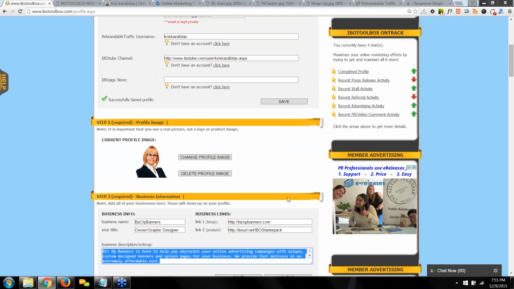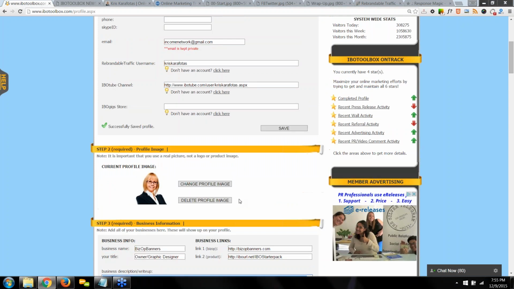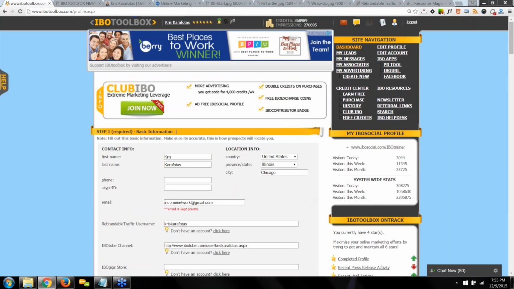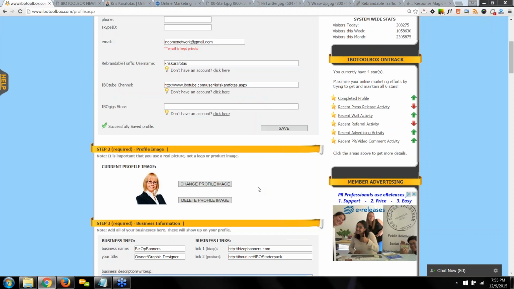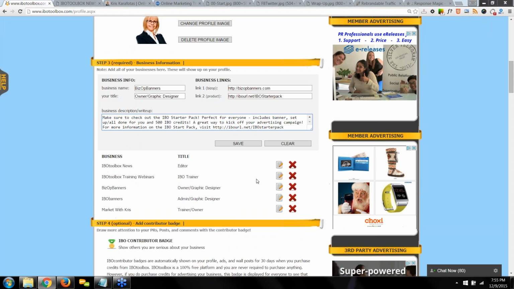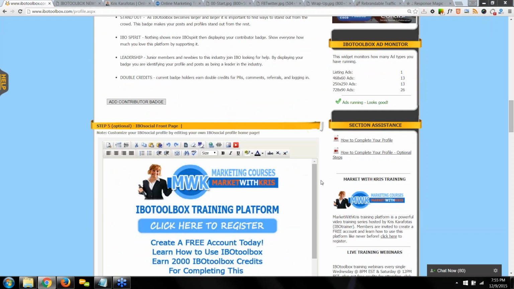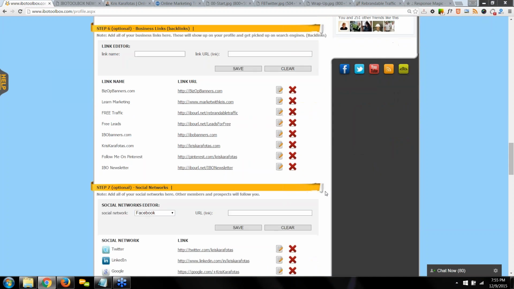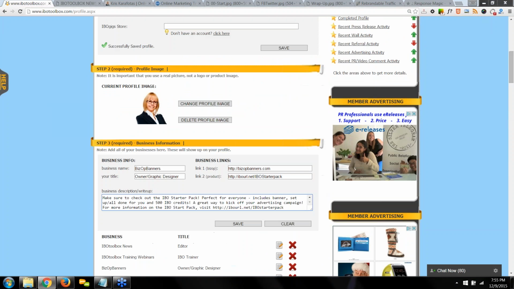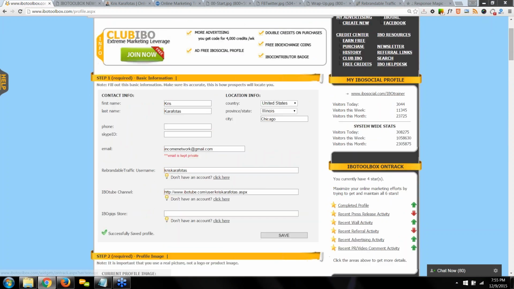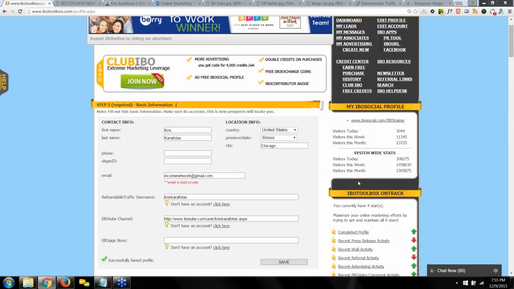Now what you want to do after you complete those basic steps is click on Dashboard. If you do that, then IBO knows that you've completed your profile and will automatically transfer over your 500 advertising credits. Again, I would highly recommend that you complete steps 4 through 9, which are below steps 1 through 3. And so you can go through all of this. Now, again, we don't have time to go through that on this webinar, but let's go over to the profile to see how it all looks.